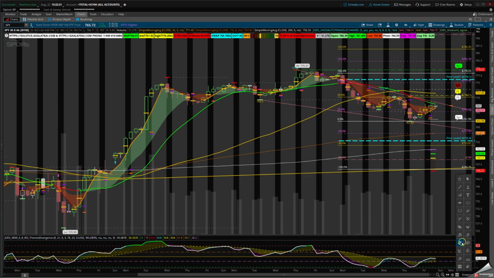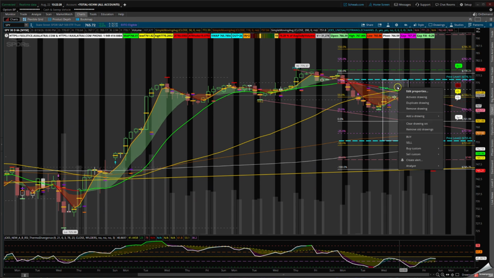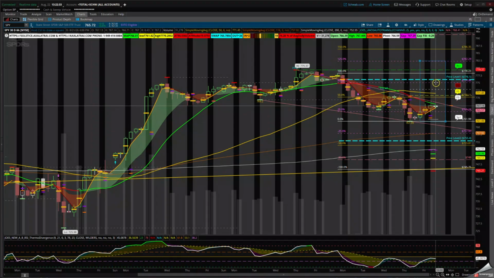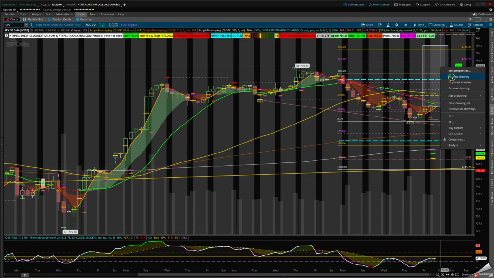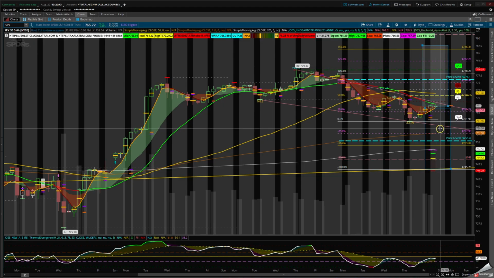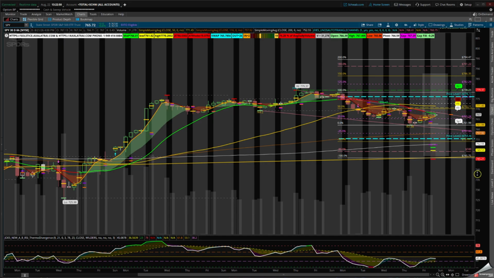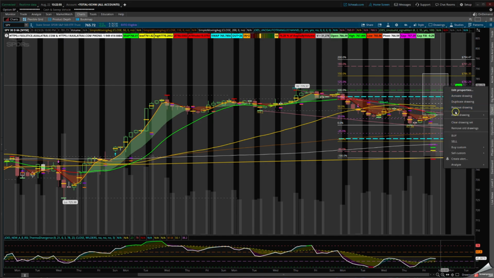So what I can do is show you how to do this. Get a box, and from that box I'll create this area here of consolidation. I'll activate it, and I'll move it from that price to up here to just show you how to look at the expected move to the upside and duplicate, and the expected move down to the bottom side so everyone can see where those levels are on the chart in case we get a reversal to the upside or downside if the momentum changes in the market.